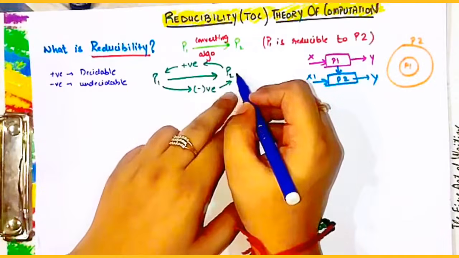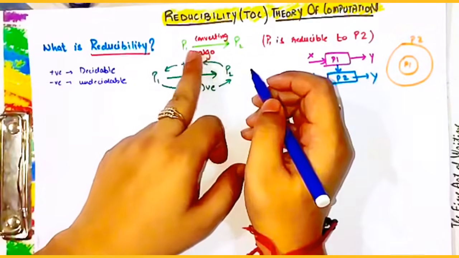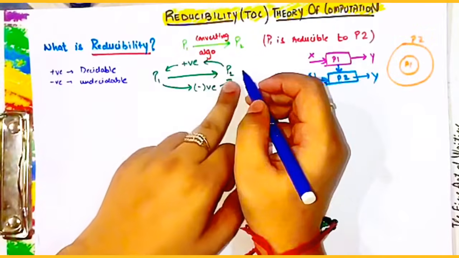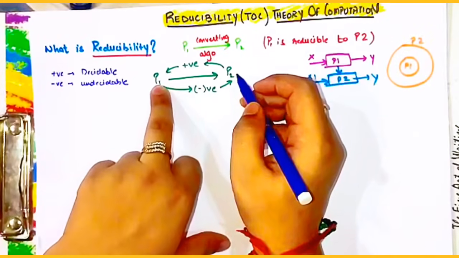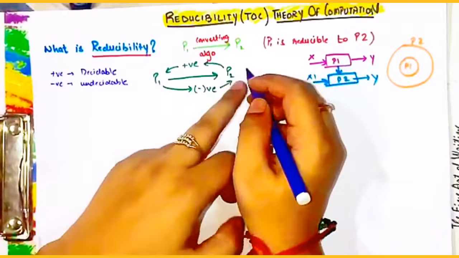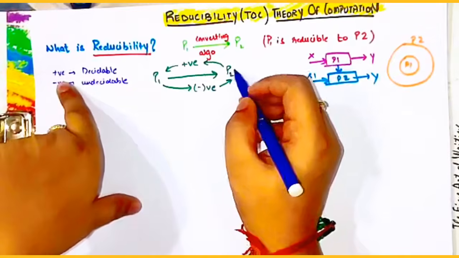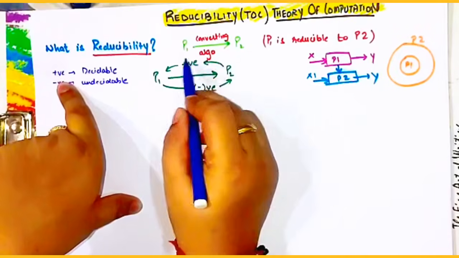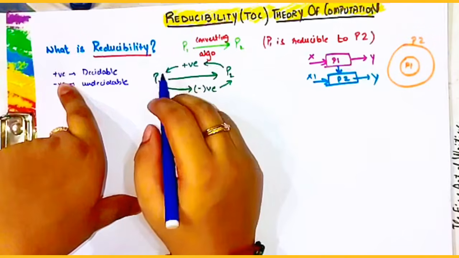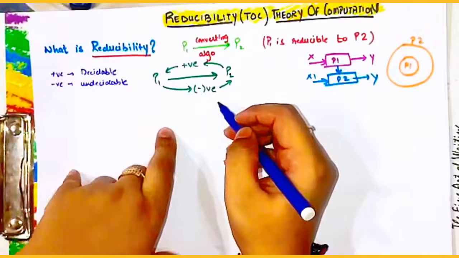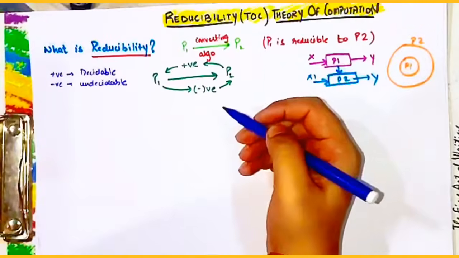If it is given in the question that P2 is undecidable, as undecidable is negative, it will not pass it back to P1. If P2 is undecidable, then we cannot say anything about P1, whether P1 will be a decidable or undecidable problem. But if it is given in the question that P2 is decidable, means P2 is positive, then it will immediately pass the positivity to P1 and we can say with surety that P1 will also be decidable. We will understand this thing more clearly with some examples.